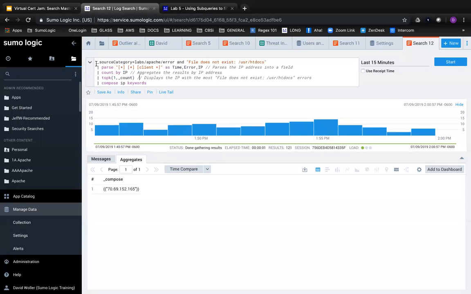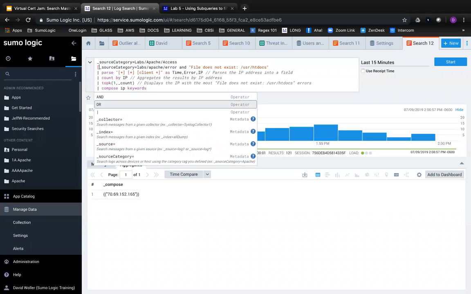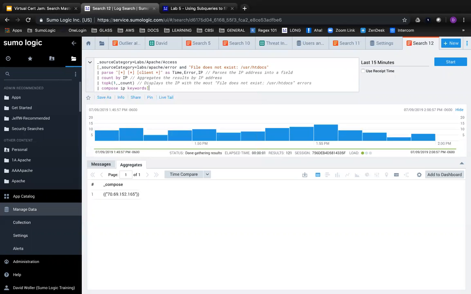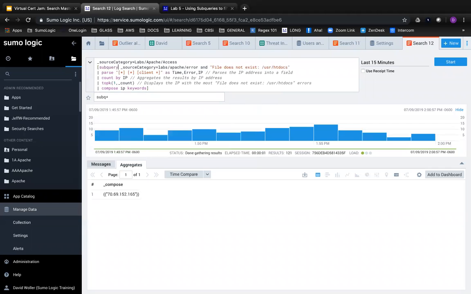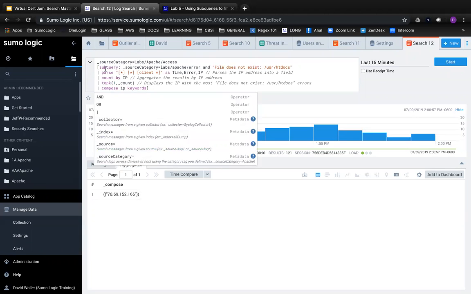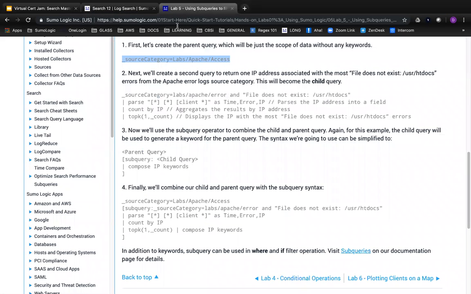So let's build this into a full subquery. We start with our parent query, and then we have to wrap our inner query in brackets. The brackets are the notation that we use to denote this subquery that's going to be occurring. And then you put the reserved word, a colon, and then the rest of the query will go in there, and then ended with that bracket there. So I can run it with this,